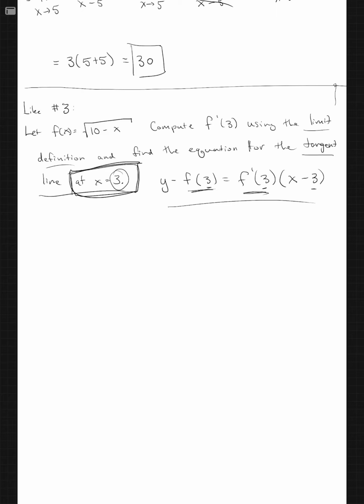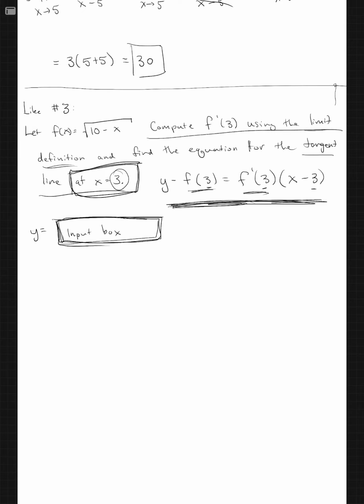So you'll note on the problem, the second half of the question says y equals, and then it has a box for you to put in your stuff. Right? So that means that in order for the computer to understand your question, you first need to solve this for y, and then put whatever's on the other side of the equal sign into the input box. Right? So this is perfectly fine in general. The only reason we're going to be solving for y is because the computer needs us to be specific for it. Right? So, but first off, we need to do what it says first and compute f prime of 3